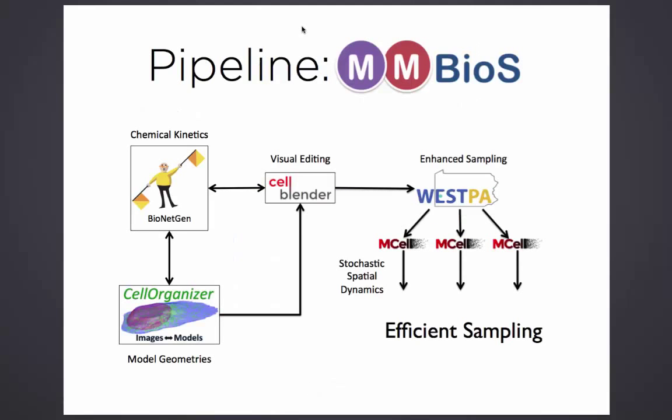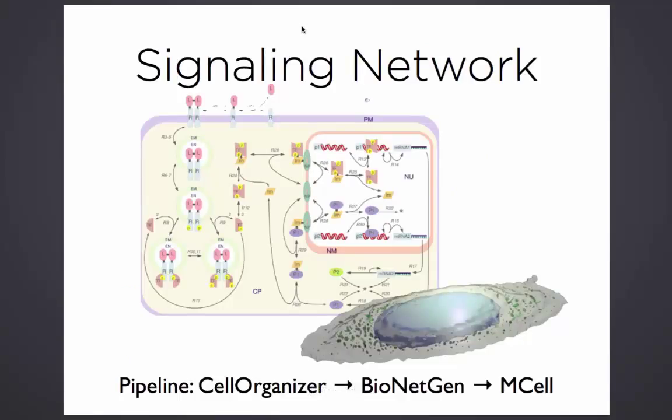And so we came up with a whole pipeline to make these models. A lot of this software is developed by our collaborators in Pittsburgh. But essentially what we're doing is using WESTPA to manage a bunch of MCell trajectories in this sort of tree that Matt showed you. You can create these things in a visual editor and whatnot. The system that we are trying to publish a paper on is sort of this realistic cellular system. It's quite large and complicated, and this turned out to be a really nice approach for systems like this,